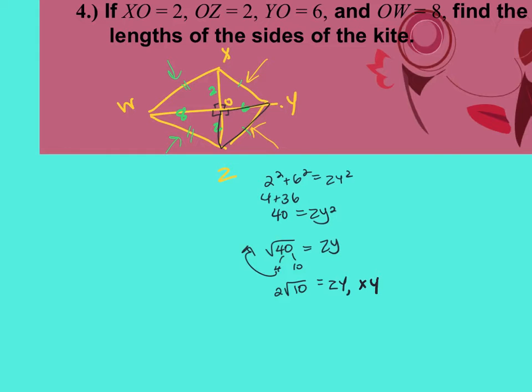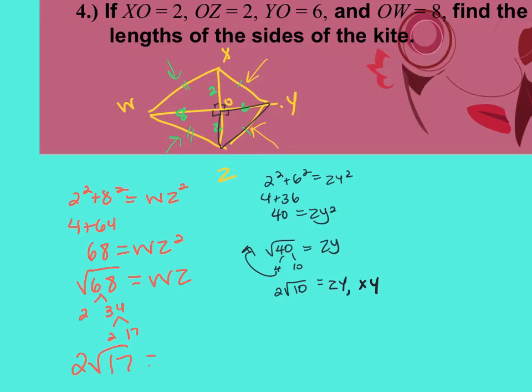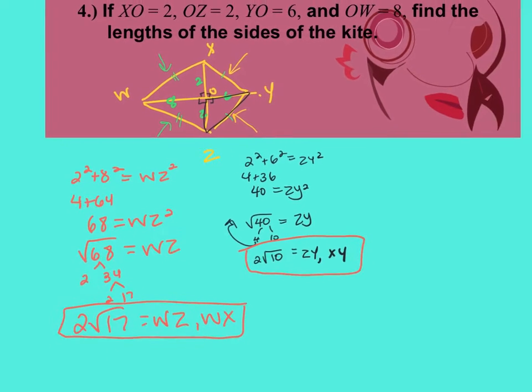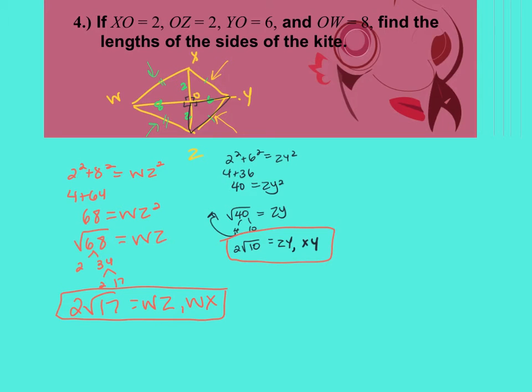And then to find the other two sides, I'm going to do 2 squared plus 8 squared equals WZ squared. This is 4 plus 64, 68. So 2 and 34, 2 and 17, 2 square root 17. Good. And that's WZ and WX. Questions so far? Okay, so